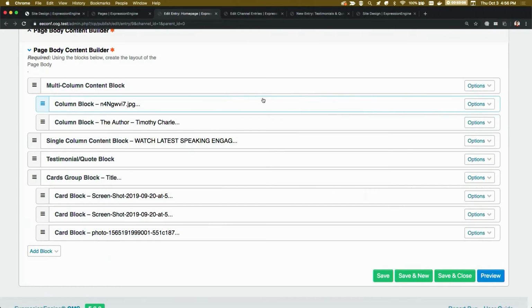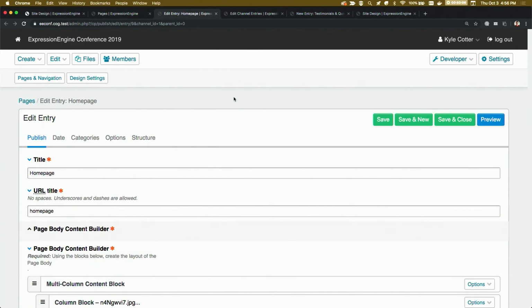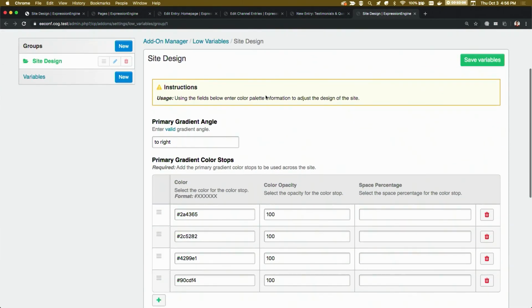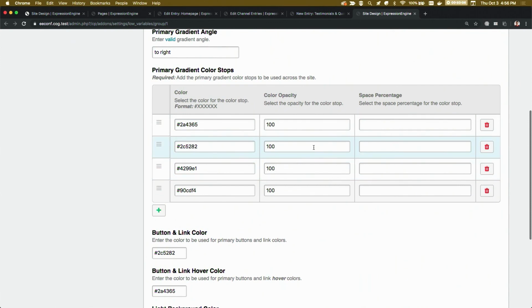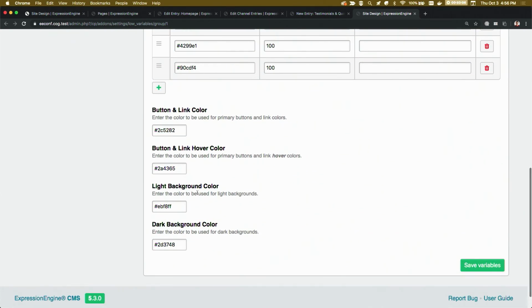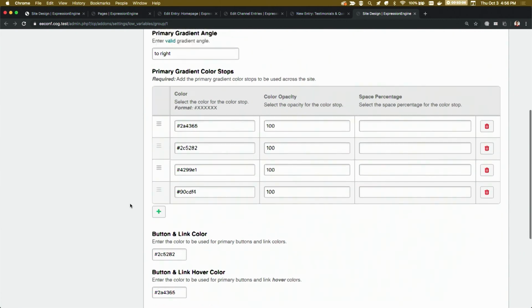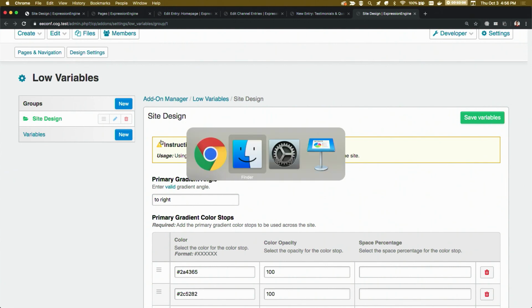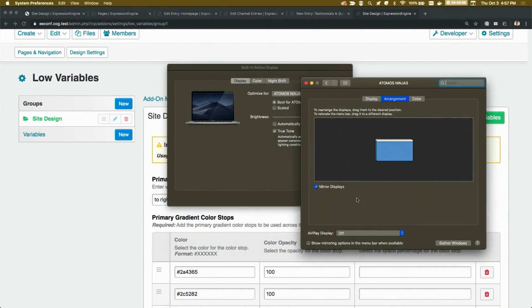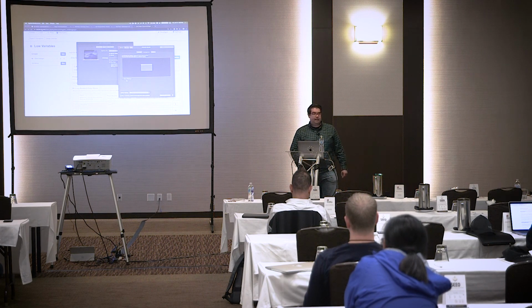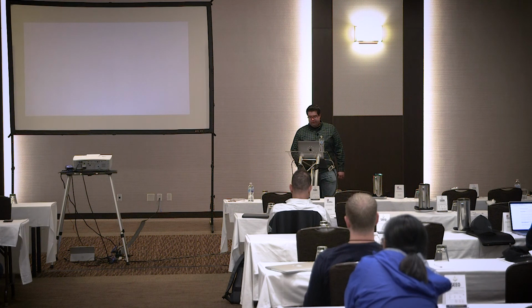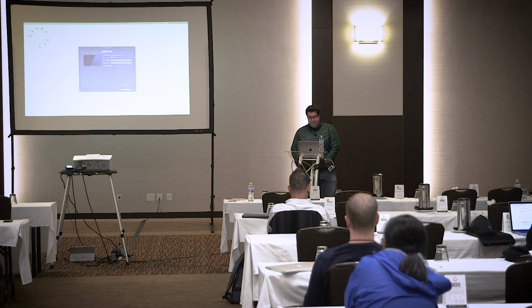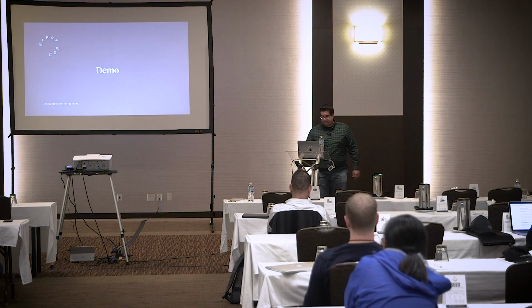And again, we have a very similar setup in ExpressionEngine. Low Variables, create the gradient, color opacity, add some colors for links and background colors, and you can pull off the same thing for both. So that's a pretty high-level overview of how you can start to think about the author experience for your clients. It's CMS agnostic, these principles. If you're really thinking about them first, labeling things correctly, thinking about their needs, you'll be in a really good spot to improve the author experience for your clients.